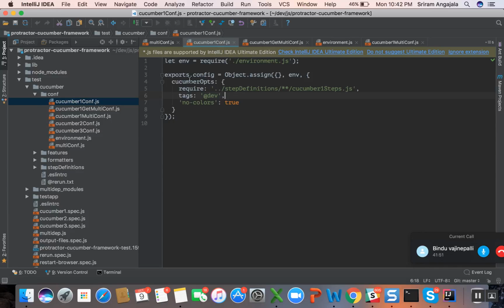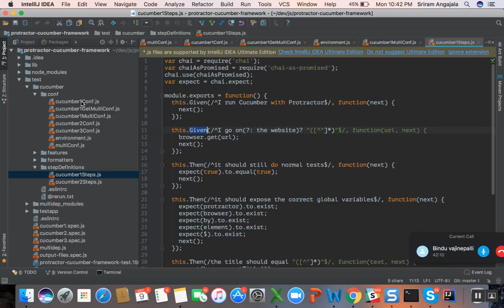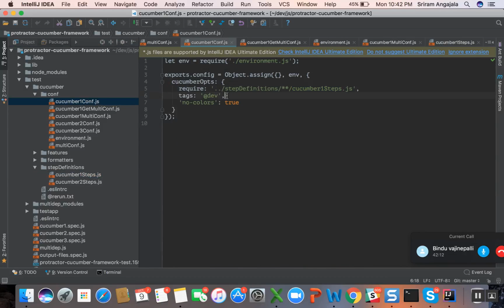Now you can see that Cucumber options is there. In these Cucumber options, he said that the Cucumber step definitions are in this folder. He is saying that for this configuration, if somebody is running it, then this will happen. This is your step definitions, and this is your tags, and there are no colors. So if we just run this cucumber configuration.js,